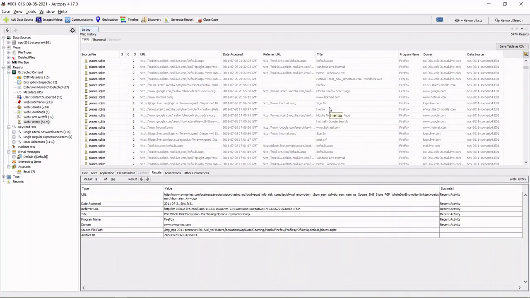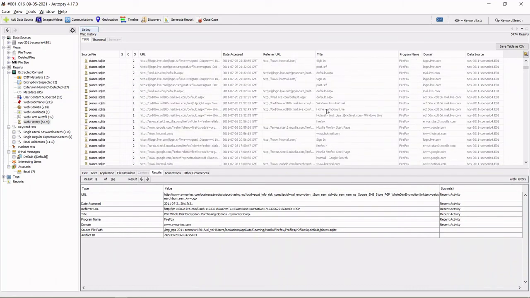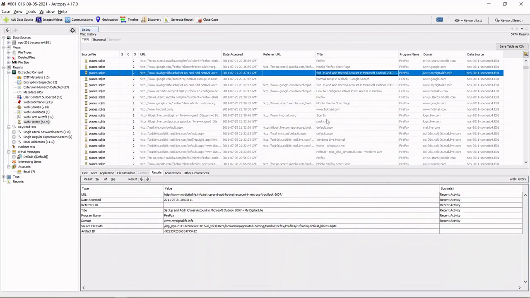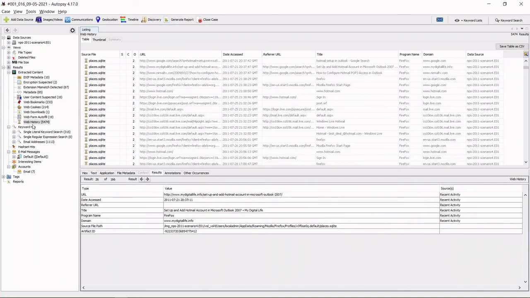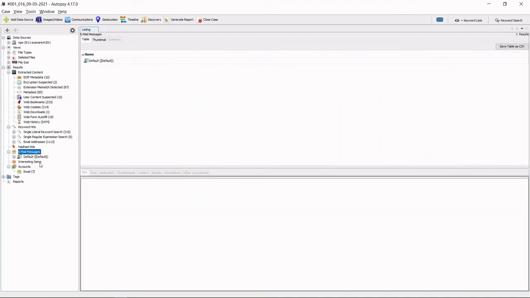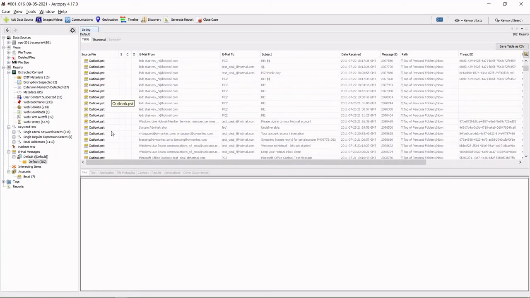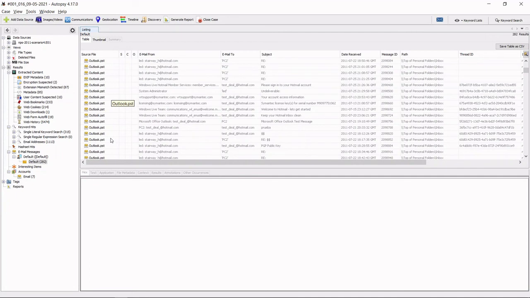Mostly the same kind of information. So that's our web history. Now if we look at email messages, the default, yeah, there is an outlook.pst.